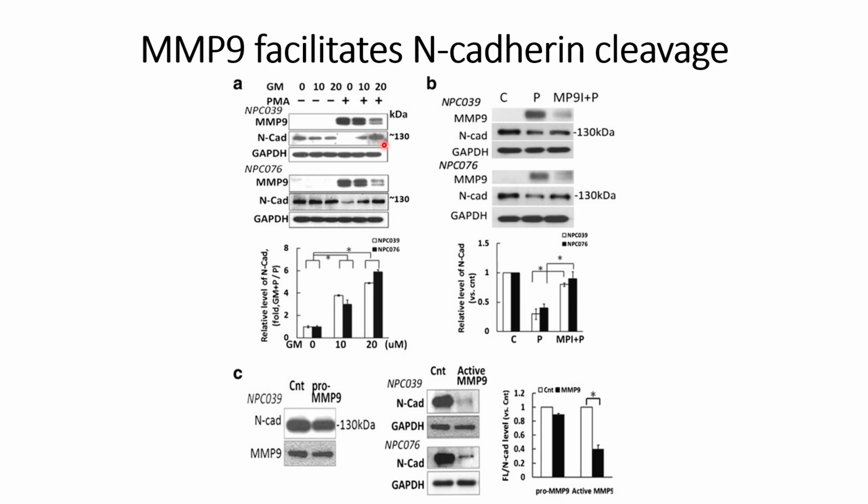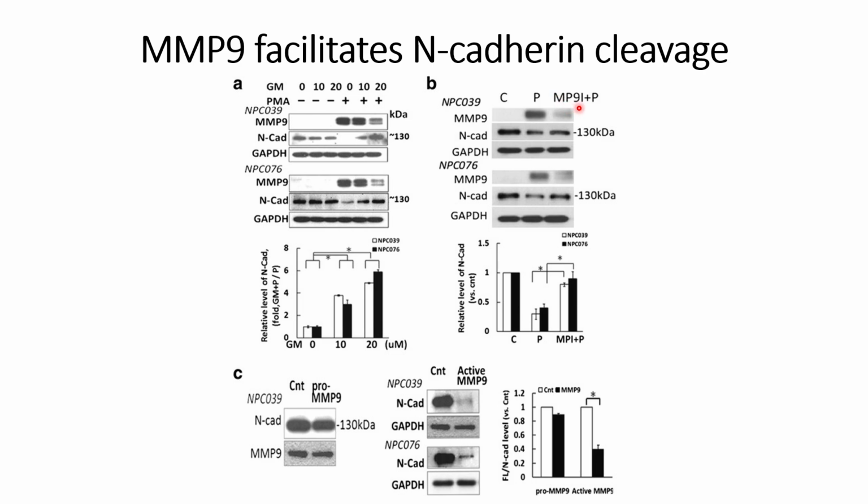And this is true for both cell lines, NPC039 and NPC076. With an increase in GM, the MMP9 inhibitor, they see a decrease in MMP9 and an increase in the intact N-Cadherin signals. So this indicates that MMP9 somehow facilitates N-Cadherin cleavage, and they validate this using another MMP9 inhibitor,